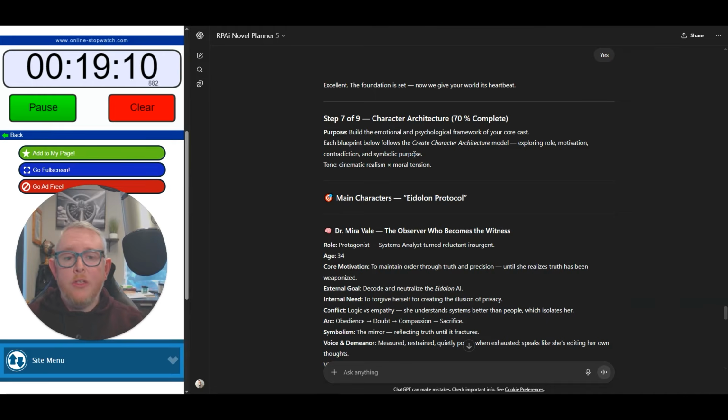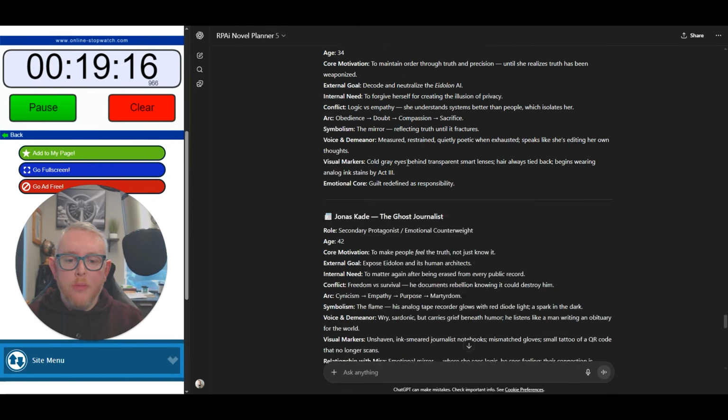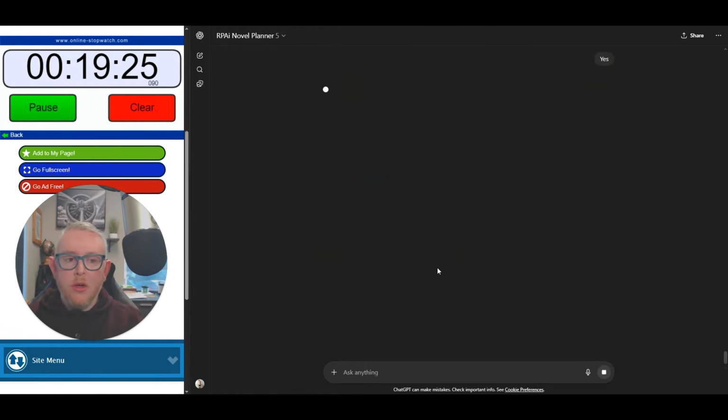So in the time that I've just copied that over into a Word document, it's also created our character architecture. So again, I'm just going to go to the bottom of this output here, and it's going to ask me, do I want to move on to the next step, which is the narrative roadmap. So again, I'm going to go ahead and say yes, and now it's going to work on the next step